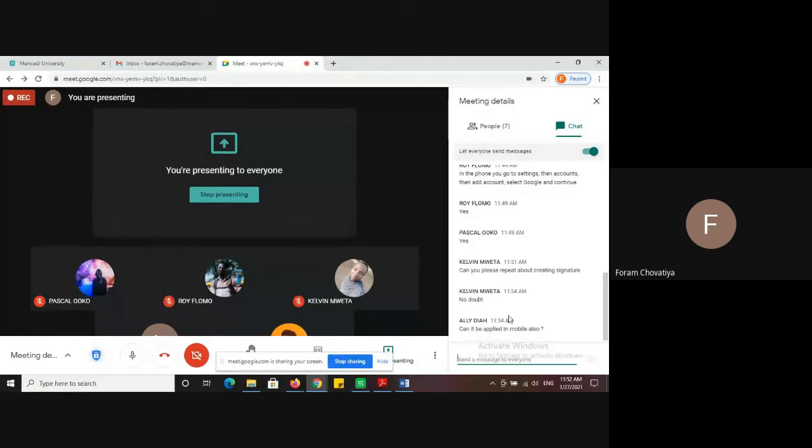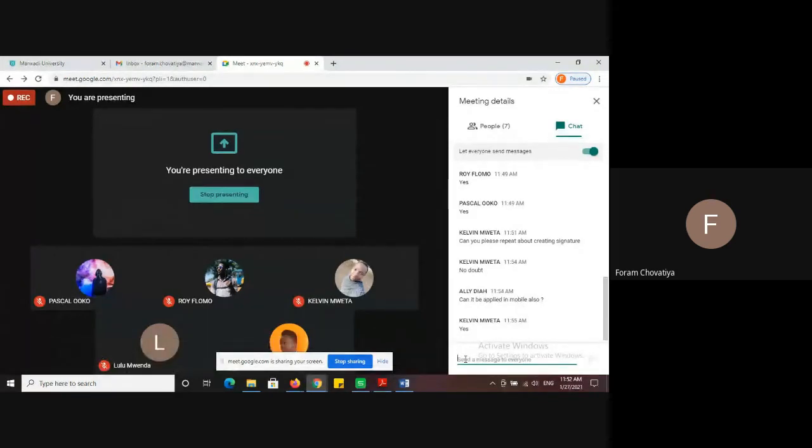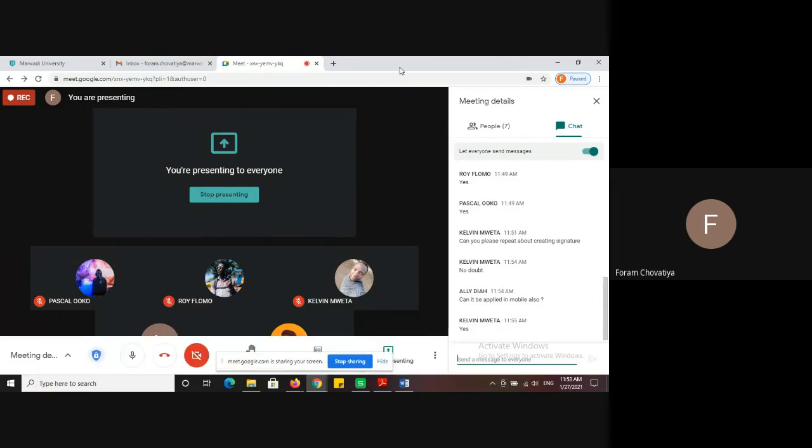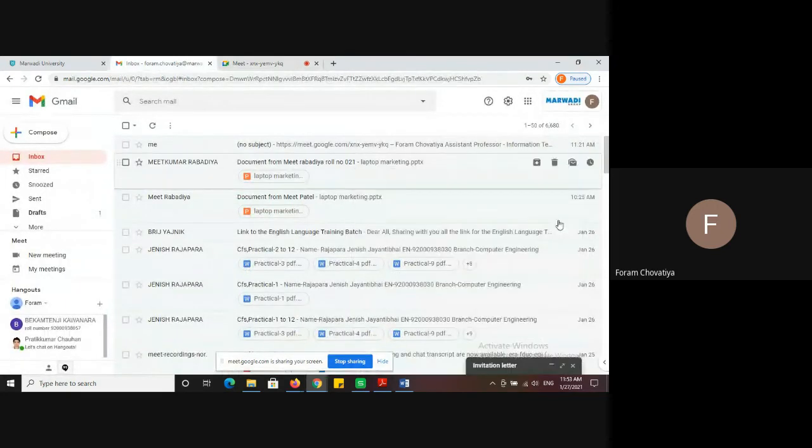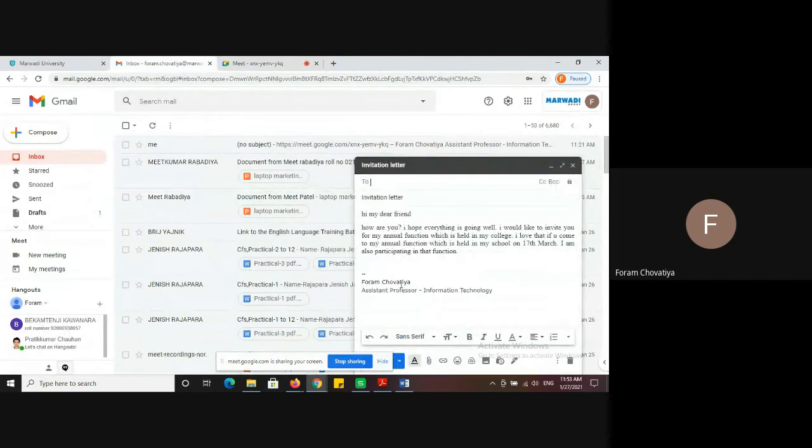If in your mobile phone all the settings are available, so you can edit. Okay, but different mobiles have different features, so I can't say anything about mobile. But if you use a laptop, this is definitely working. Okay, wait. I will see on my mobile phone whether that option is working or not.